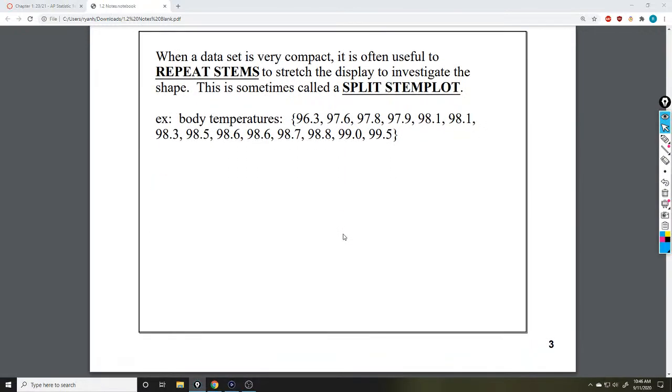Some more things we can do with our stems. Let's talk about different types of data and how spread out it is and what that's going to mean for our stem plots. When a data set is very compact, it's also useful to repeat stems to stretch out the data. This is sometimes called a split stem plot. So let me give you a visual idea of what we're talking about. If I were to make this chart of body temperatures,